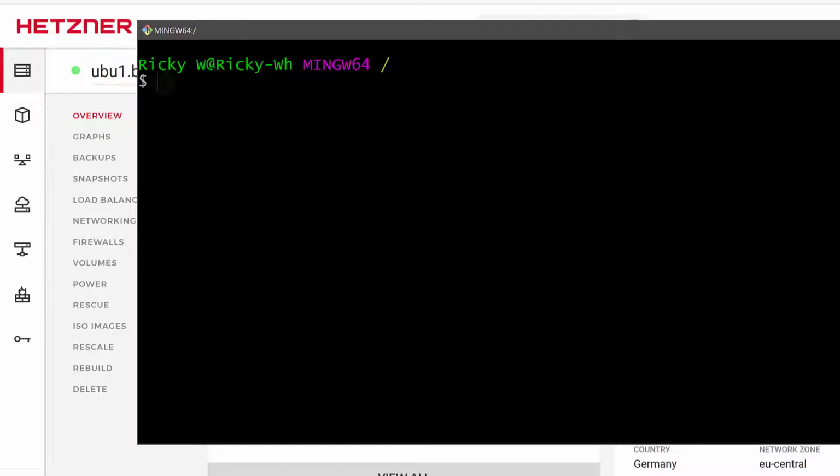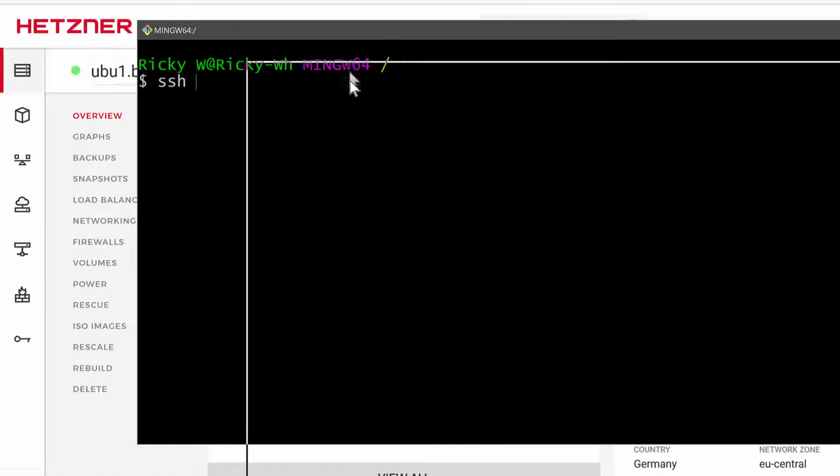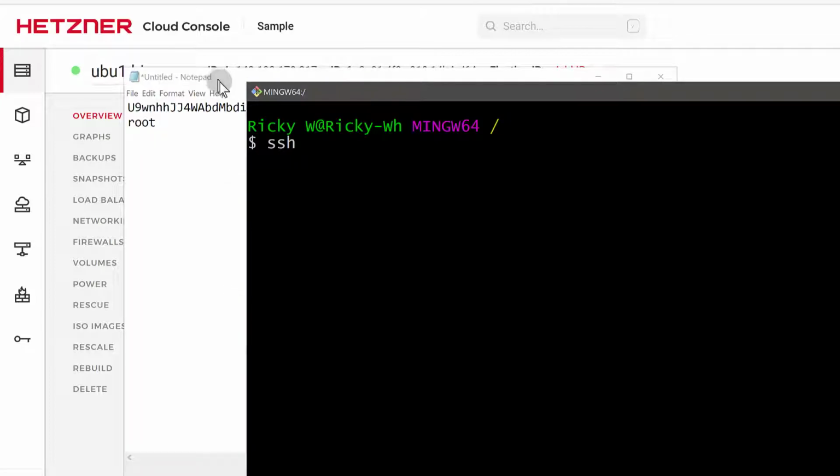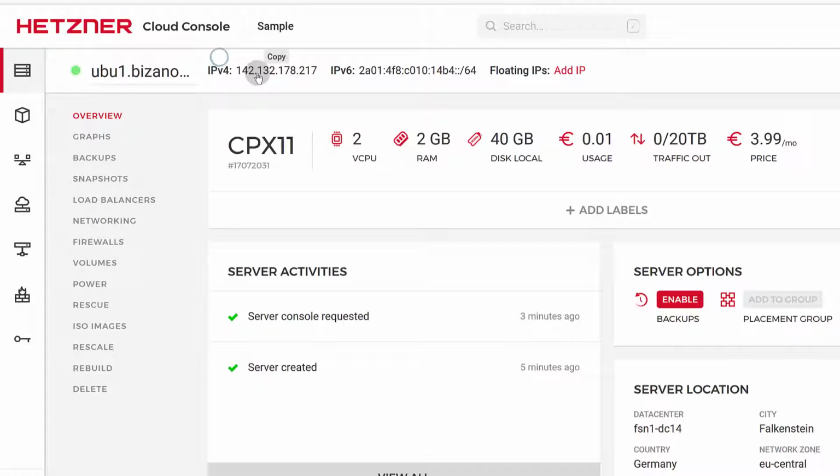So I can do SSH. User, usually by default, you'll get root, but let me just go to my email and confirm these details. So if you go to your email, you'll get the login details for your server. Okay, so look at your email. As soon as the server is set up, they will email you the user and the password and the IP.